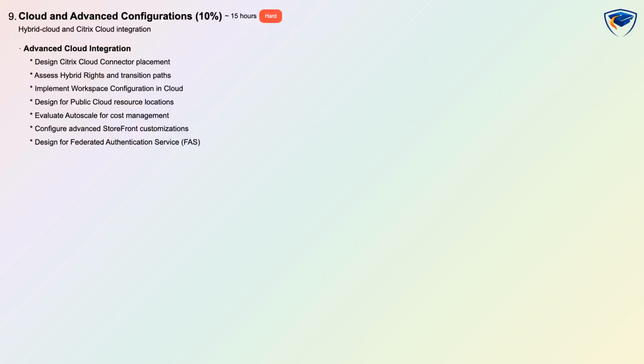Cloud and Advanced Configurations is 10% and covers hybrid cloud and Citrix Cloud integration. Marked hard with about 15 hours and hands-on plus conceptual assessment. Topics include Citrix Cloud Connector placement, hybrid rights and migration paths, workspace configuration in the cloud, and designing for public cloud resource locations. You will also evaluate autoscale for cost management, configure advanced StoreFront customizations, and design for federated authentication